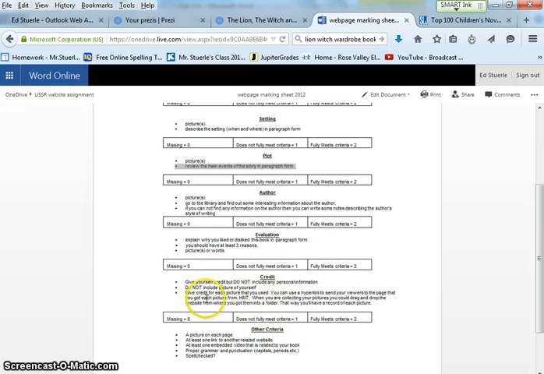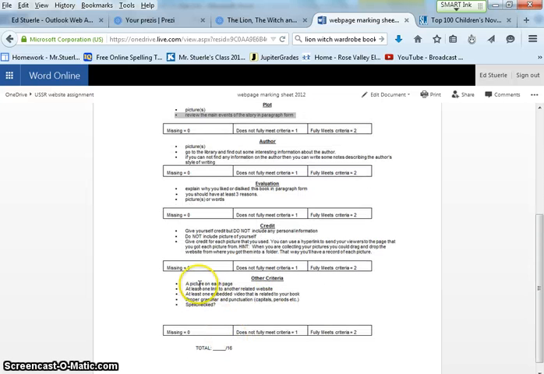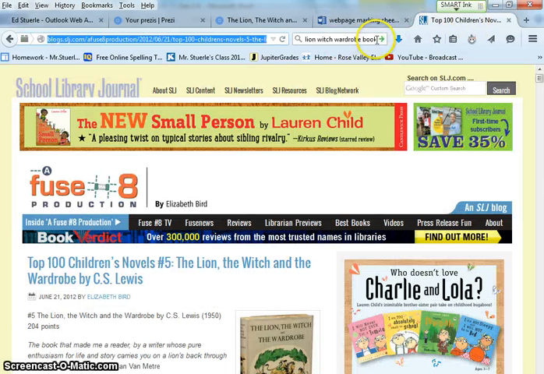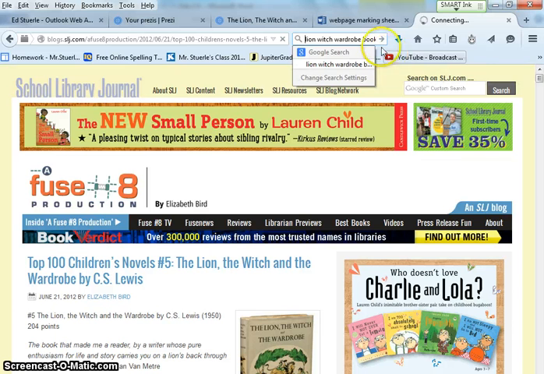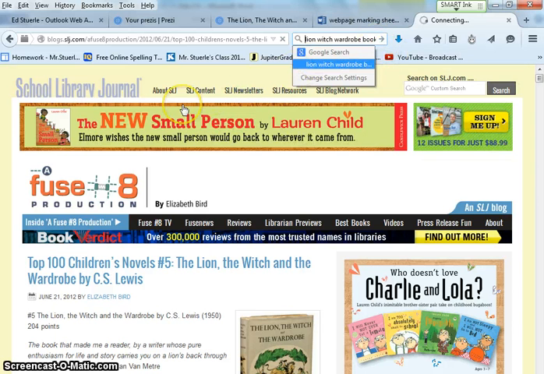Okay, credits page. Picture on each page. Okay, so picture on each item. At least one link, which we got. Oh, an embedded video. So if I go Lion the Witch in the Wardrobe and click on videos,